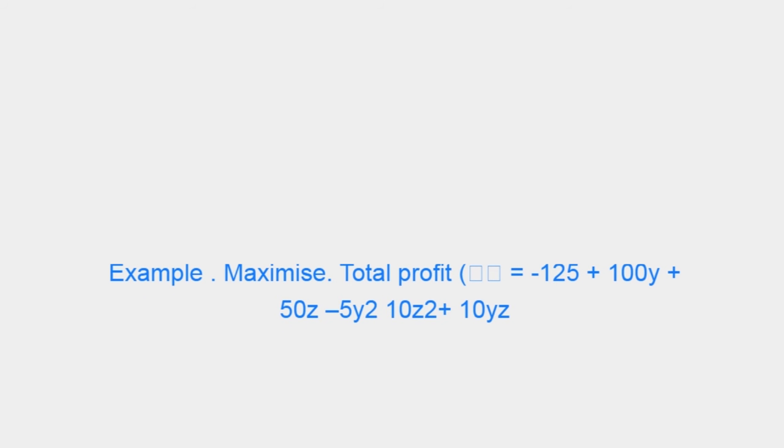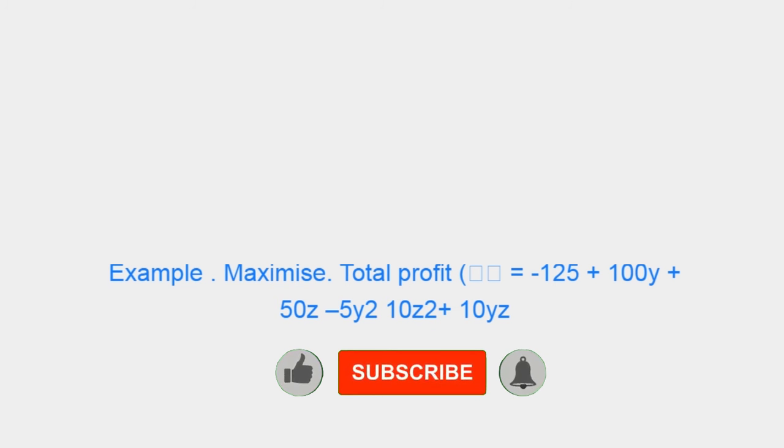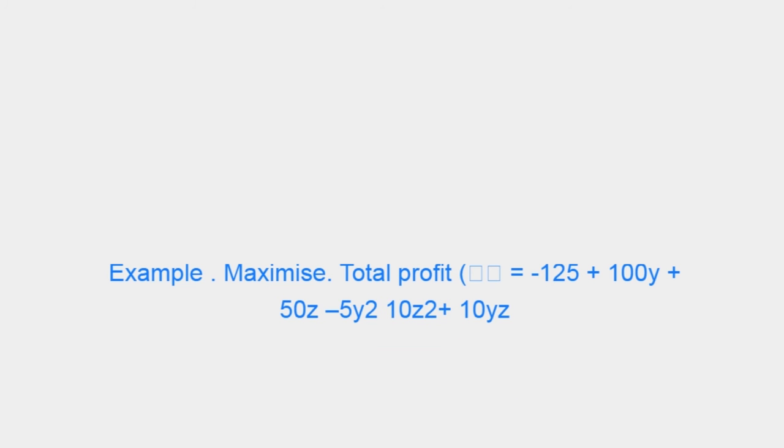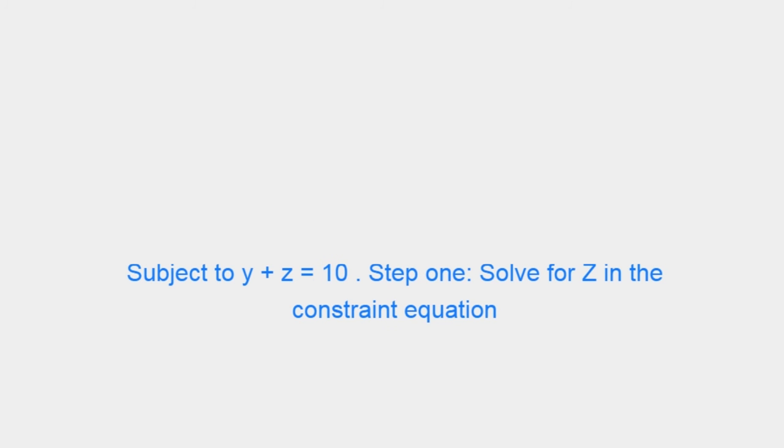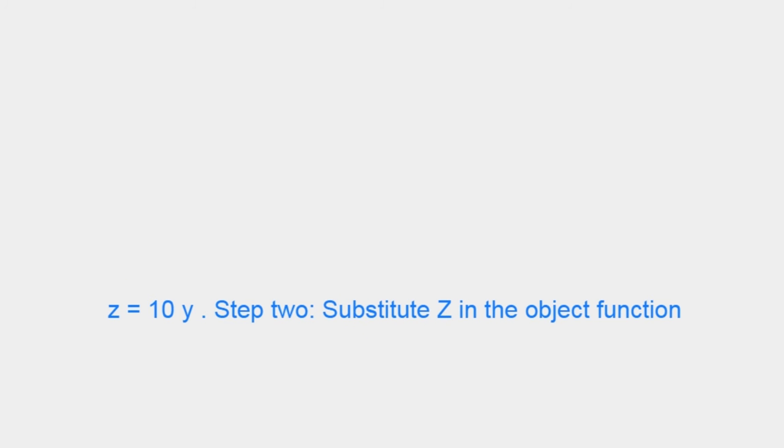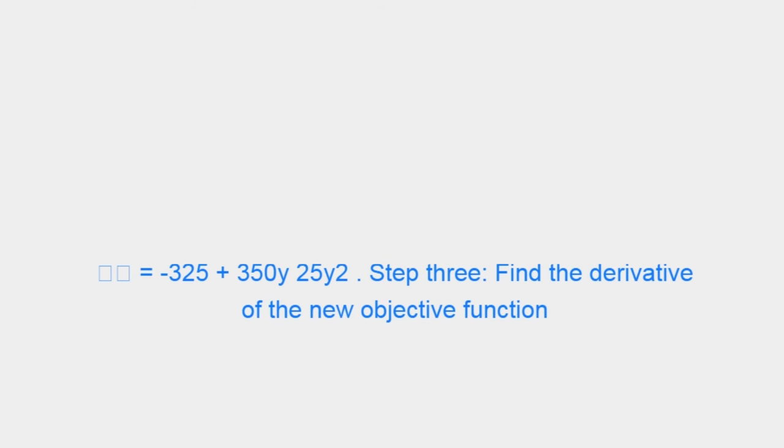Example: maximize total profit equals negative 125 plus 100y plus 50z minus 5y² minus 10z² plus 10yz, subject to y plus z equals 10. Step 1. Solve for z in the constrained equation. z equals 10 minus y. Step 2. Substitute z in the objective function, which equals negative 325 plus 350y